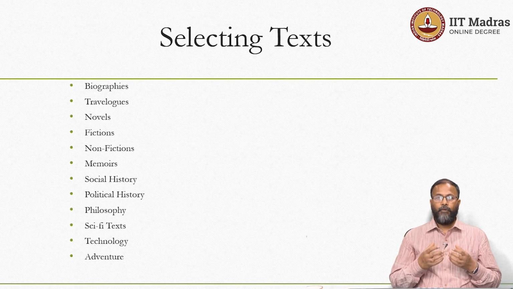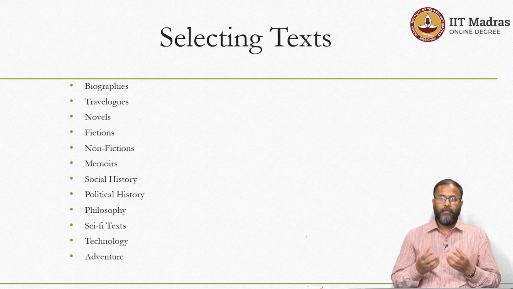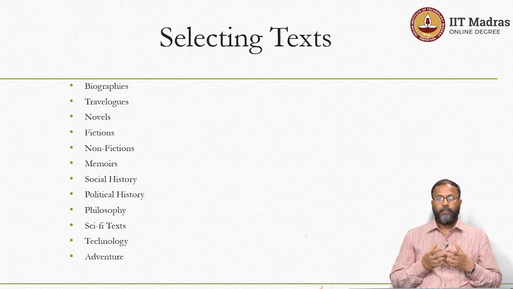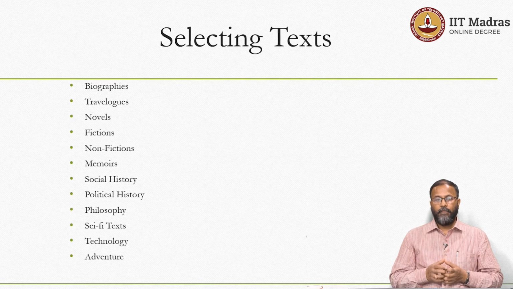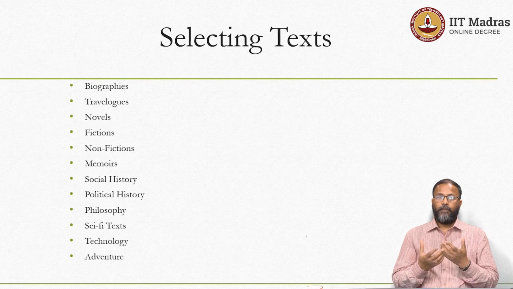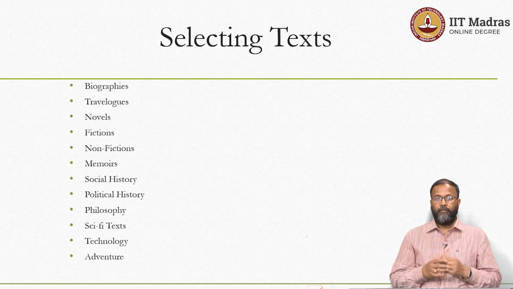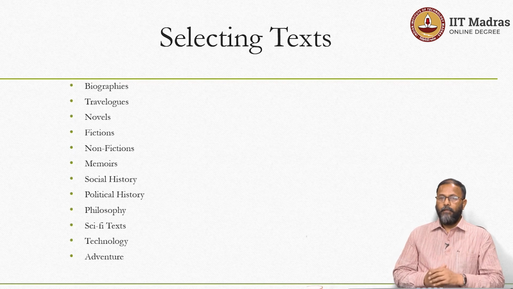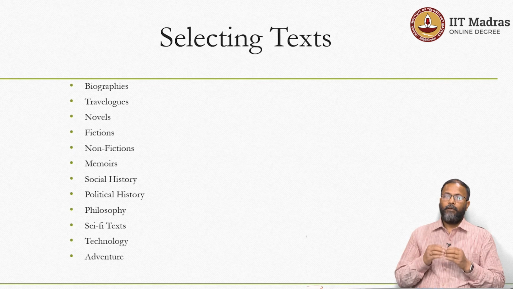If you are interested in profound, deeper analytical writings, go for philosophical readings. You can have books in philosophy, sci-fi text. If you are into science and technology and you are interested in such writings, you can go for sci-fi texts, sci-fi novels. They are available. You can also read essays and articles on technology and advancement, development, adventure stories. What I am trying to tell you is that I am not recommending any particular text,